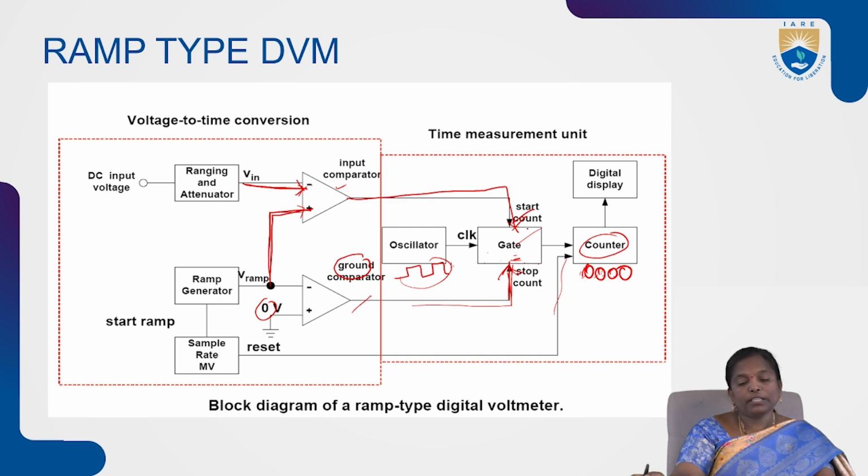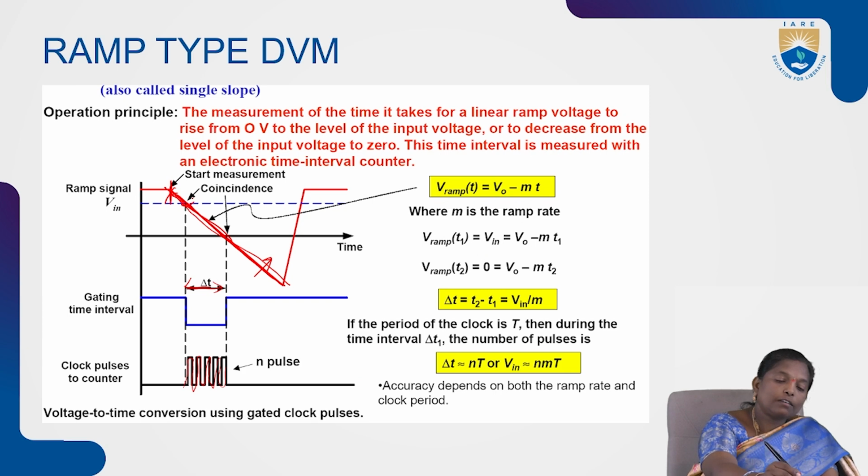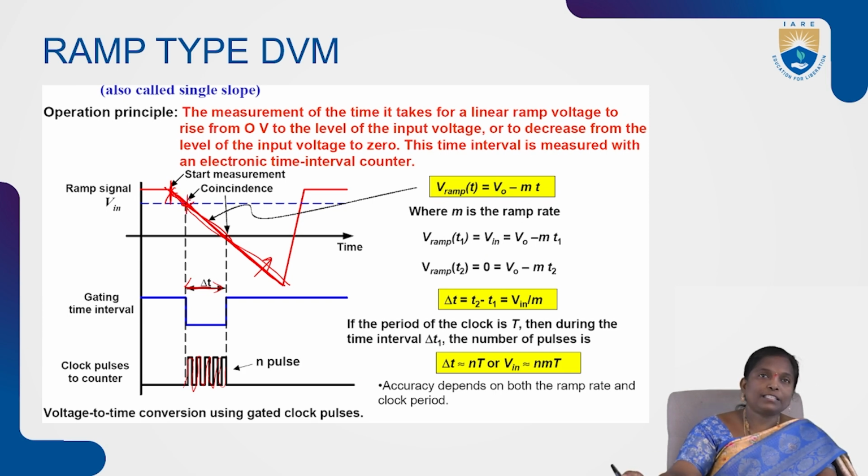Now consider the time interval from start count to stop count. Within this time interval, the number of clock pulses passing through the gate is counted by the counter, and that is displayed on the display unit. In this section, this is where the input comparator sends the signal to start the clock pulses, or to open the gate, and this is the point where the ground comparator sends the signal to close the gate. During this time interval, the number of clock pulses passing through the gate will be counted by